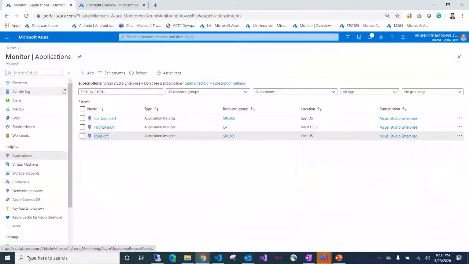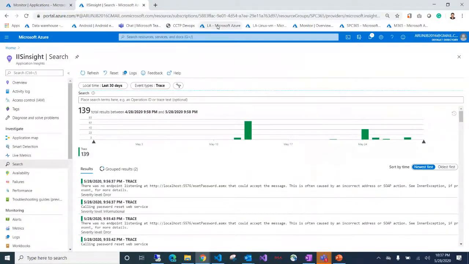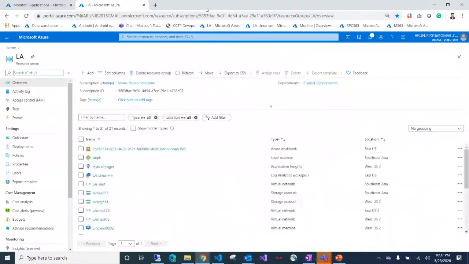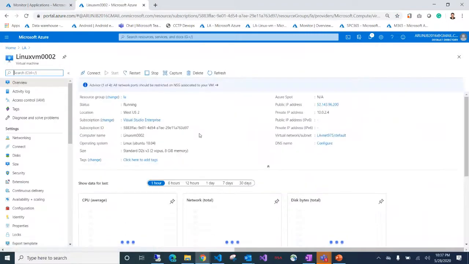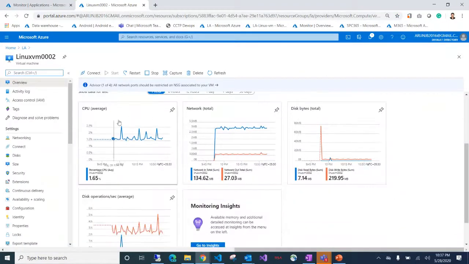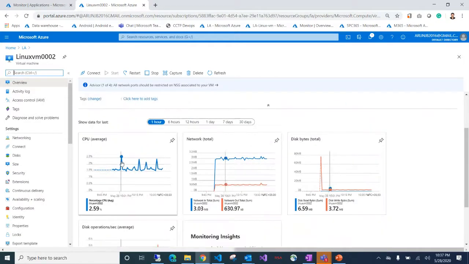So this is the Azure monitoring platform, as you can see. To show you what I mean by metrics, I am just opening one of my existing VMs. As you can see, by default Azure provides CPU utilization, networking, disk out, and disk operation data in your home dashboard. This is not specific, these are default values given by Azure, and as you can see, these are values measured at this particular point in time.